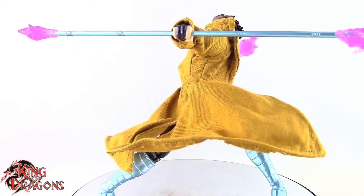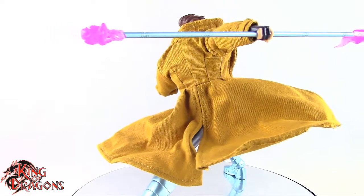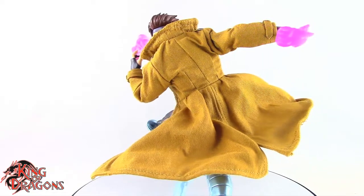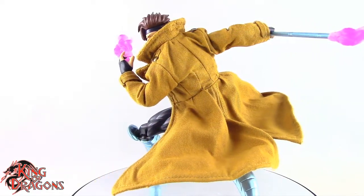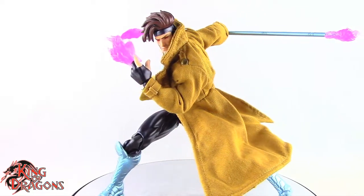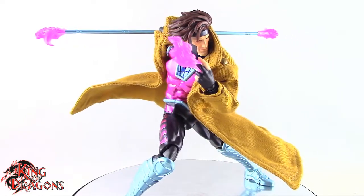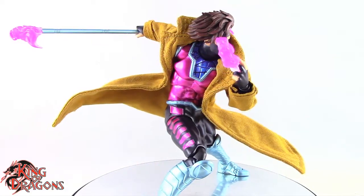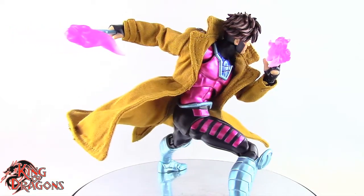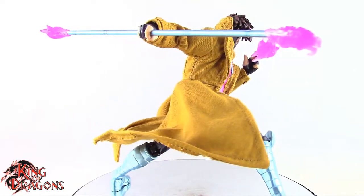I know there's a lot of people that say the Mafex Gambit is perfect. Now, I'm not going to knock that figure too much because I don't own it, but in terms of articulation, this guy has it beat. You really can't get any better than this Gambit. This is better than both the Revoltech and Marvel Legends Gambit. Maybe it's better than the Mafex or the Mezco one. I don't know. I don't have the Mezco Gambit to compare it with, but in my honest opinion, this one blows the Mezco Gambit out of the water,